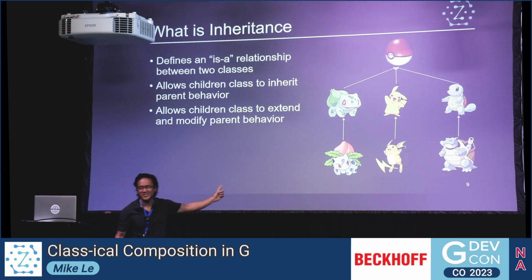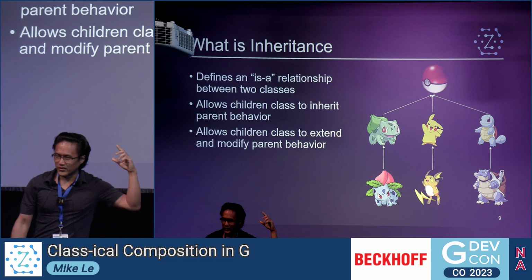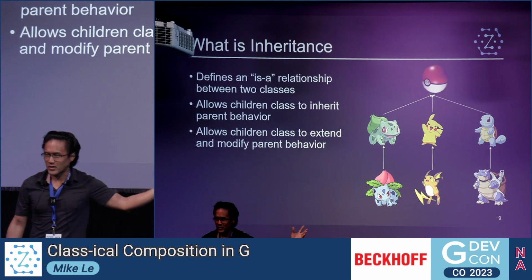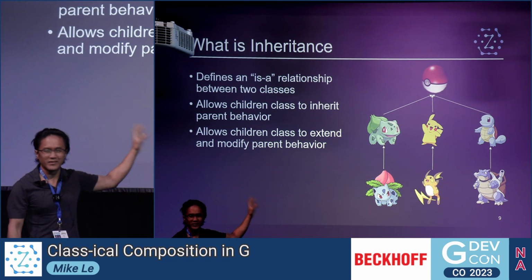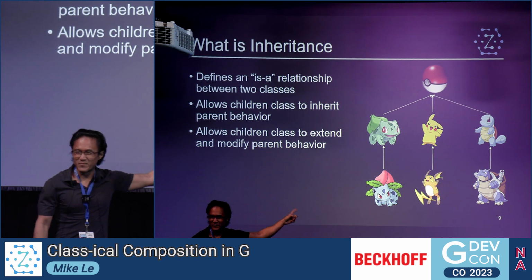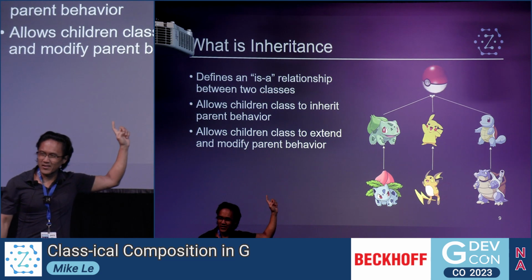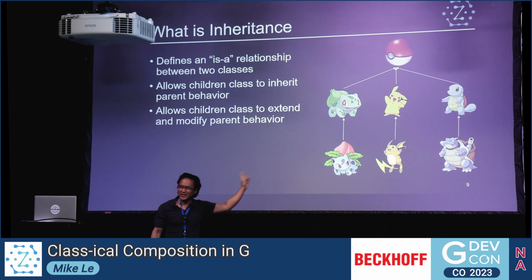Okay, so what is inheritance? Well, it defines an is-a relationship, and parents can pass attributes onto their children. I know that with Pokemon, these are not actually parents and children, right? It's like evolution, but the point remains that Raichu inherits Thunderbolt from Pikachu, but he can also extend that behavior with Hyper Beam. So, all right, no one's a Pokemon fan, that's fine. There's going to be another slide later that'll probably be very confusing for people too.